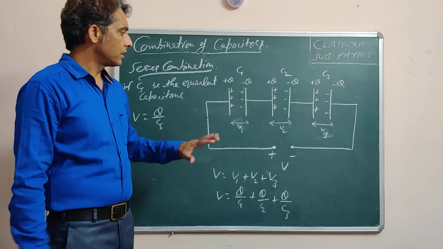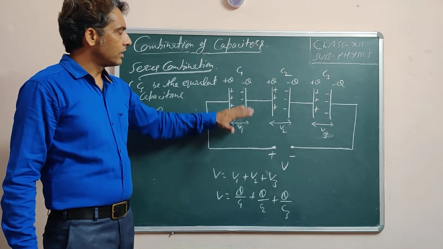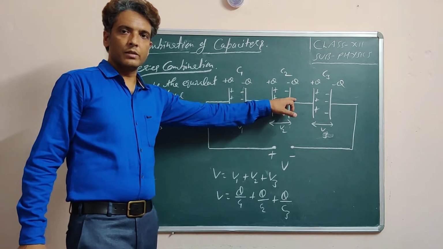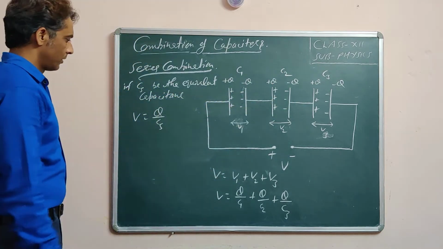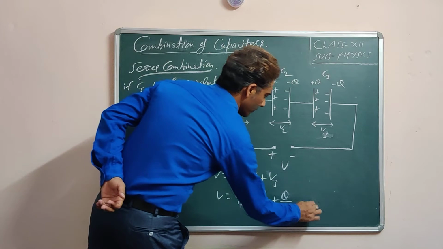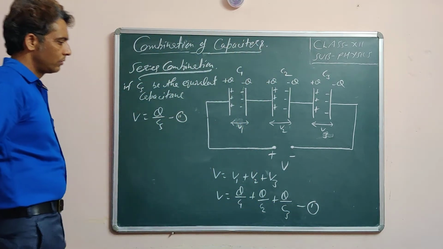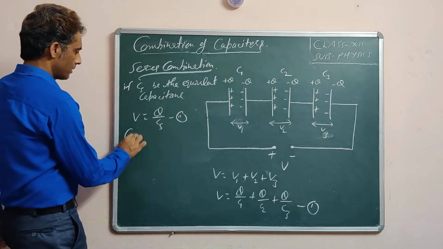So in this case, the total charge and the charge on each capacitor will be same. So if I give it number 1 and this number 2, then 1 and 2 implies